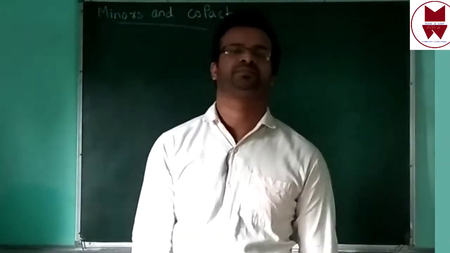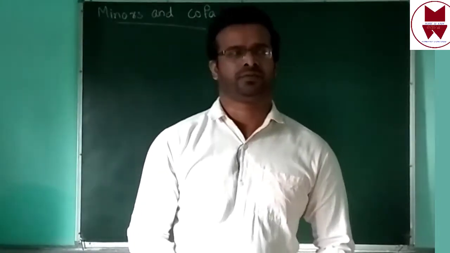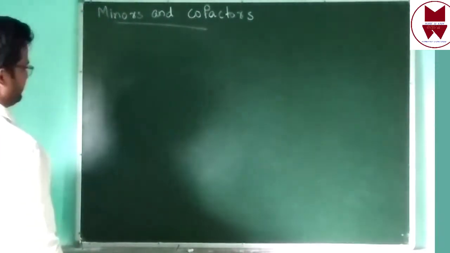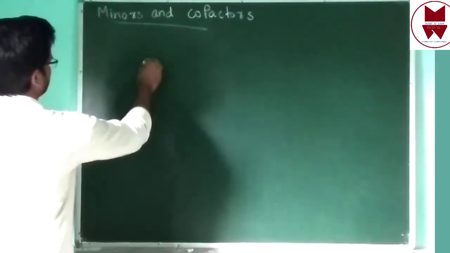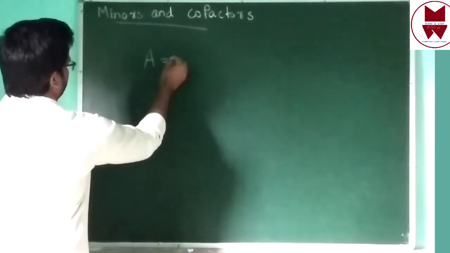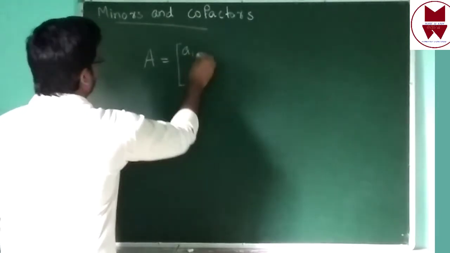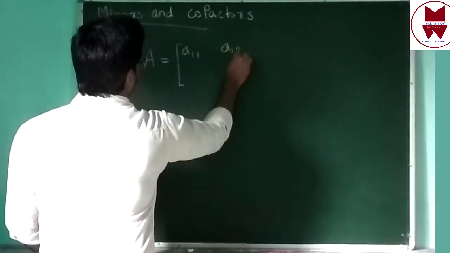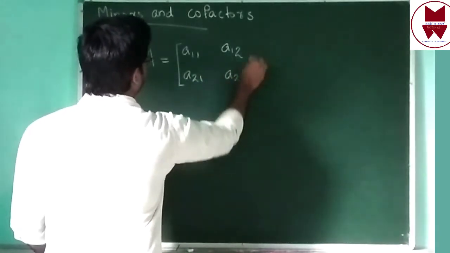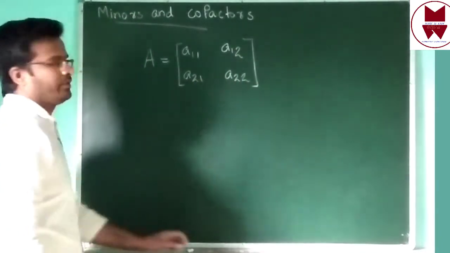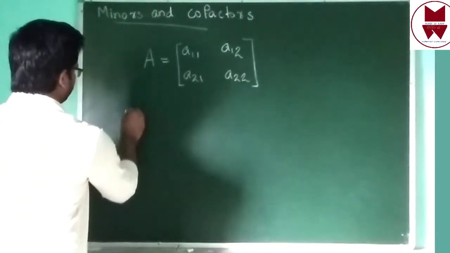Hi students, today we will study minors and cofactors. What is a minor? Through one example we can study that. Let A be the matrix with entries a11, a12, a21, a22. This is a 2 by 2 matrix. Then we have to find